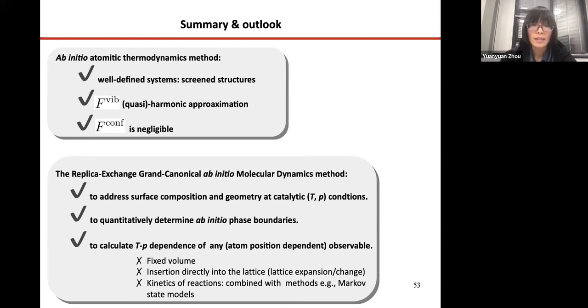Of course, this method is in the beginning. There's a lot to do to improve it or make it better. For instance, the fixed volume comes from the Grand-Canonical ensemble. The Grand-Canonical is mu VT, so the volume is fixed. And for the solution, one solution is, for instance, here we built the 4x4 and 3x3 so that